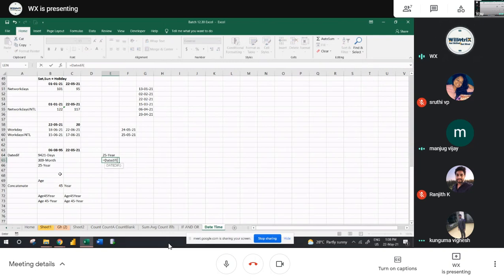DATEDIF, open bracket, start date and end date. If you give M, total months you will get, correct? But I don't want that. YM will help you to get year on month. YM is called year on month. After those 25 years, he completed 9 extra months. So this is and hyphen then month. DATEDIF, open bracket, start date, then end date. Can anybody tell me how we can find out the extra days on month? MD, right? Month on days. 16 days. This is the day.